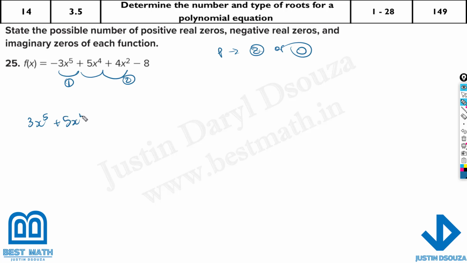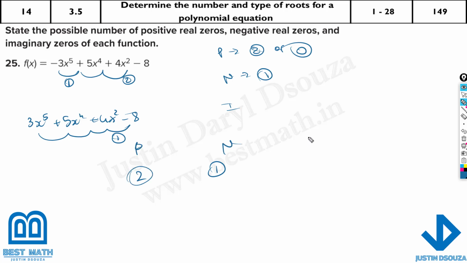This will remain same. And over here also it will be remaining same. And then minus 8. So same, same, same. There is only one. So negative is only one possibility. So imaginary basically can be. See now, if this is 2, then how we do is, let's do the table. There can be 2 positive, 1 negative,